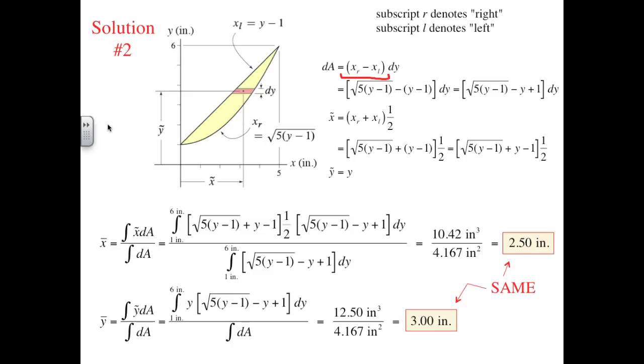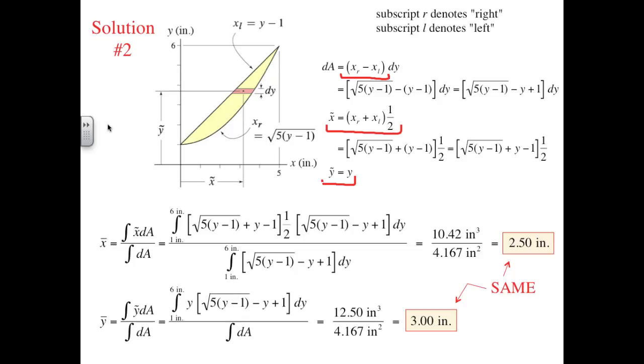Now the x tilde of the strip is a simple average of the left and right-hand boundaries. The y tilde is just y, since every material point within the strip has the same y coordinate. Substituting these expressions for dA, x tilde, and y tilde into the integral definitions produces these expressions. These are more complicated than those for the first solution, so we'll take a few minutes to talk about the